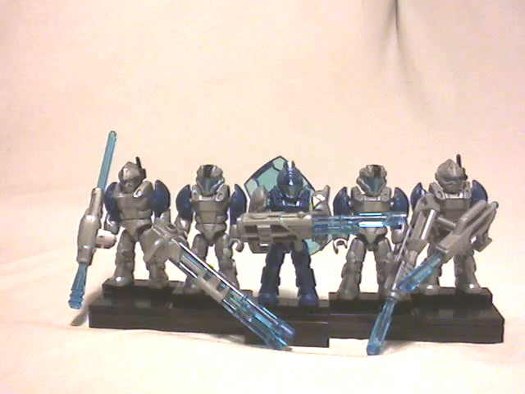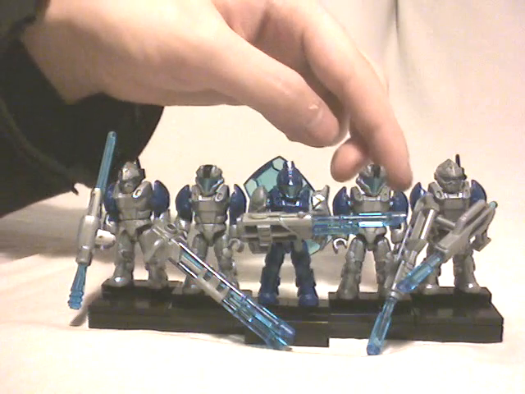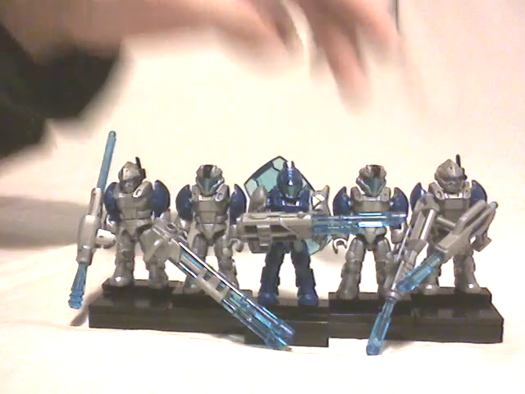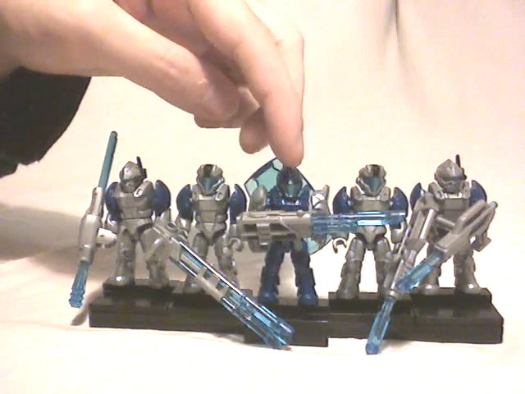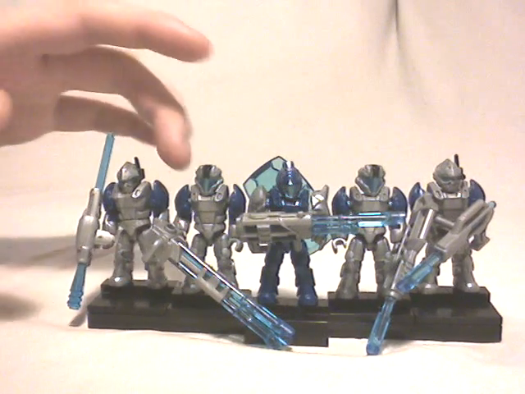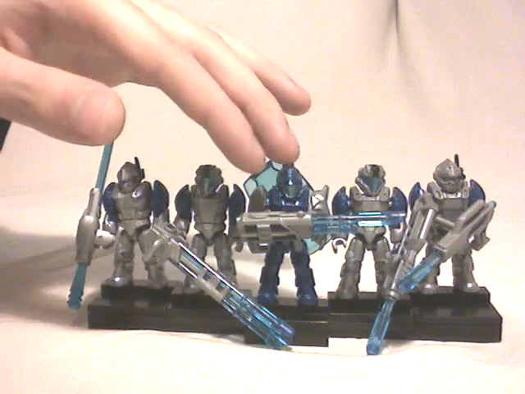figures, but in fact we just have 3 different ones because this one and this one are the same, even their rank insignia shown on their white shoulders is the same, and once again also these 3 guys are the same molds. So in fact we have 1, 2, 3 molds, as you can see, and for the color scheme, well, it's mostly silver, blue and black,